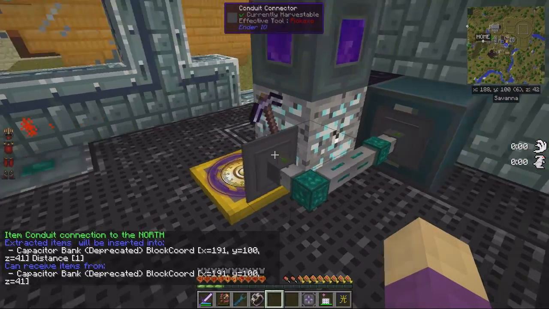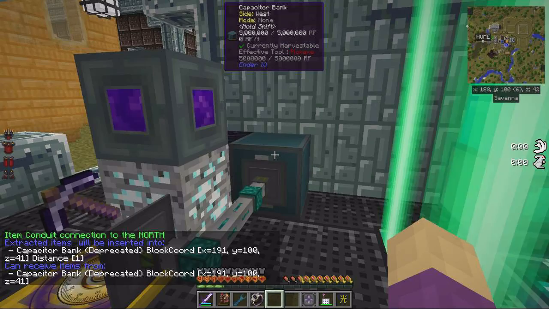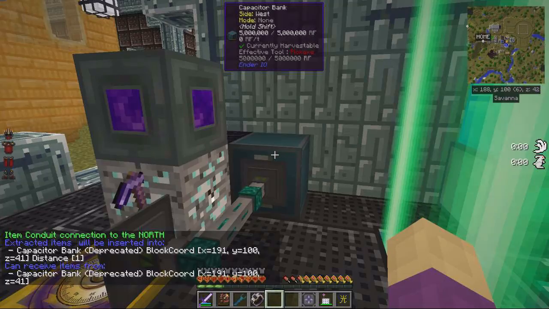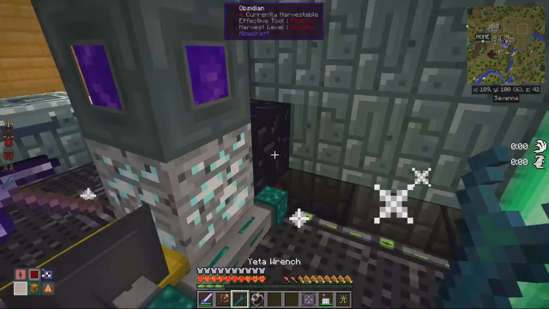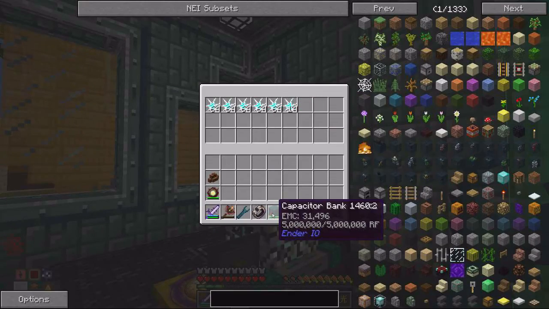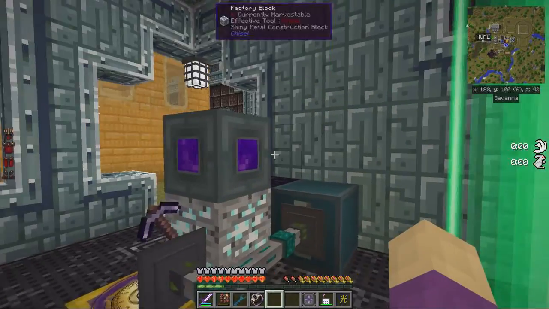And what you can see... That's not the deprecated one, is it? Whoopsie. Give me that. Yep, it's normal capacitor bank. It's confused. Anyway,